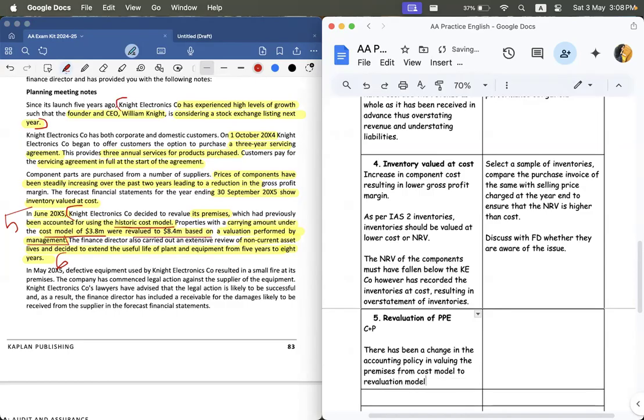Revaluation model, which resulted in significant differences, okay, between the carrying value and